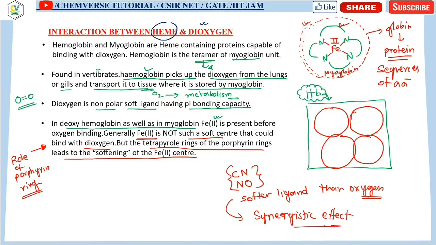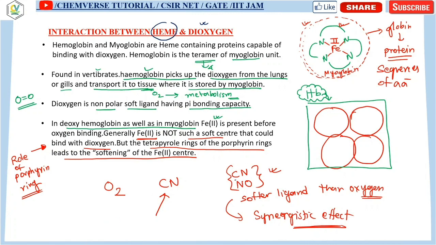I will discuss this synergistic effect later in the organometallic lecture series. So due to these 2 effects, these ligands bind very strongly with the porphyrin ring or with the heme group. Clear? So if there is a choice for a heme group between dioxygen and cyanide,